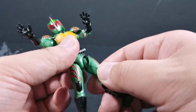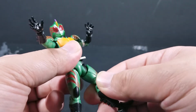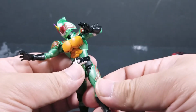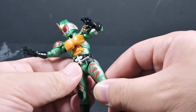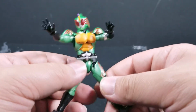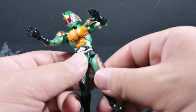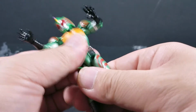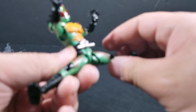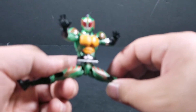Oh wait, I forgot to mention that this is a thigh cut right here. So like you see the black stripe, it just kind of gets covered by the armor. So that's nice. So can't do the splits either. Can't move back. Can't move front. It's a little limited basically. Till you bring down the joint, and then literally he can do everything now. So it's like he could do it like